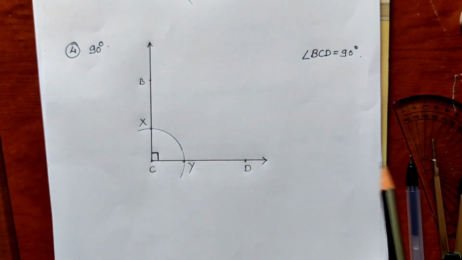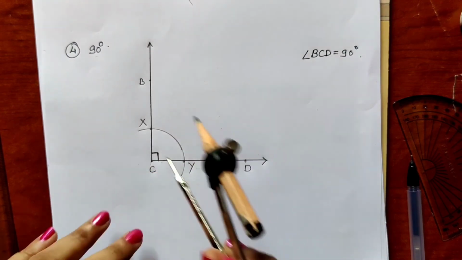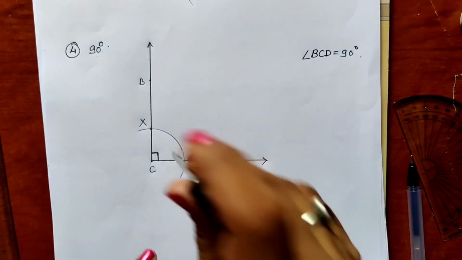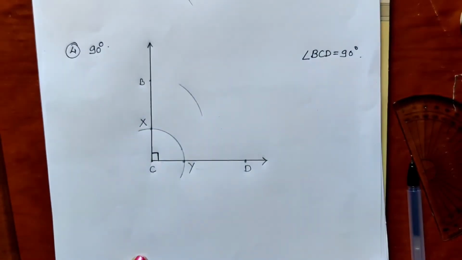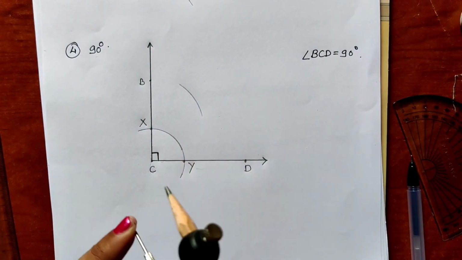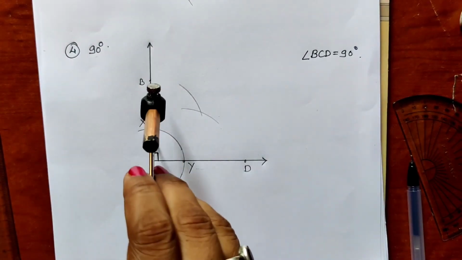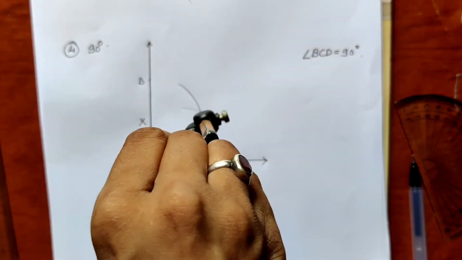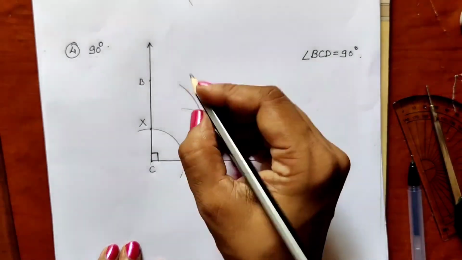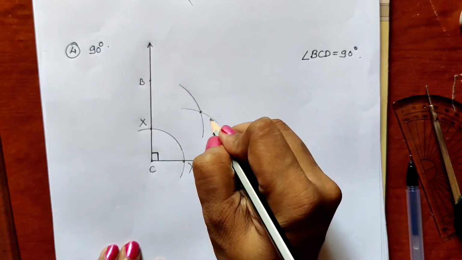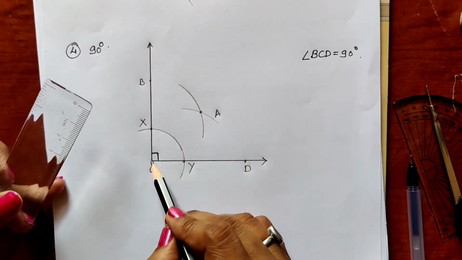Okay, now we will have to draw the bisector. So again we will be using our compass. We will increase the distance a bit and then we place this point on X. We will draw one arc inside the angle. We will draw another arc from point Y which intersects the previous one. See that it is not intersecting properly, so we will have to draw the first arc once again carefully. Now we can see both the arcs are intersecting each other in one point. We can give any name to this point, maybe point A. This is point A. Now we will join point A with vertex C.